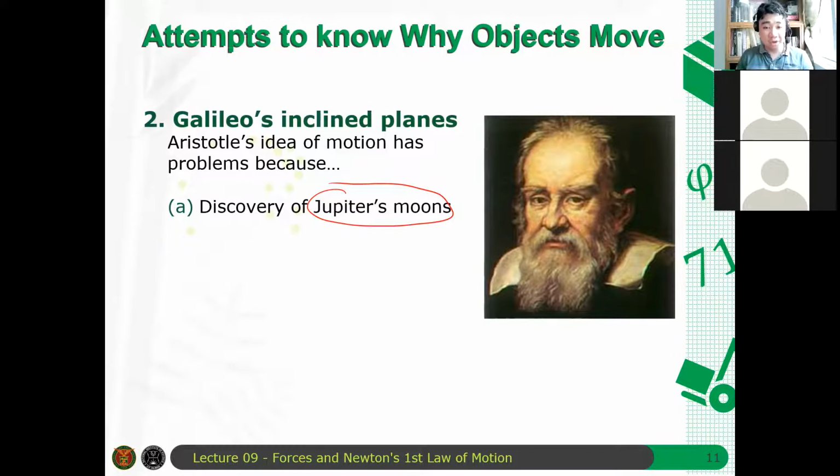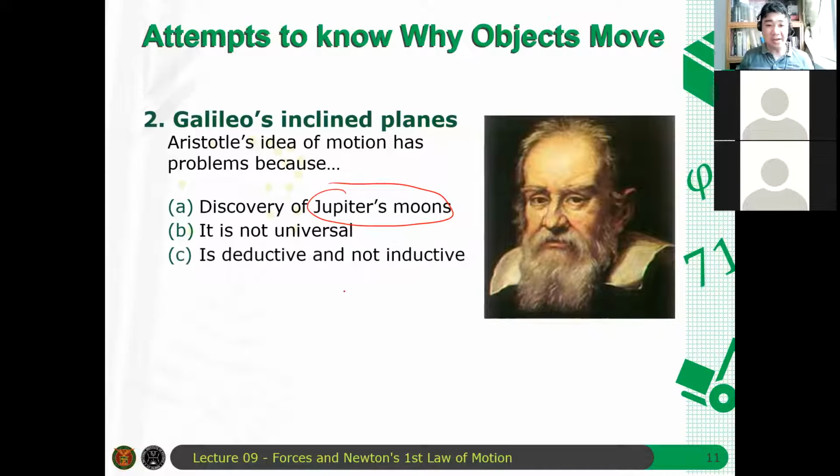Pero apparently, Jupiter's moons, hindi siya nag-follow ng ganong idea. Okay? Now, for second, it's not universal. As I said, iba yung dynamics ng objects sa Earth, iba yung dynamics sa mga nasa celestial domain or ng mga planets, stars, and galaxies. Wala pang galaxy nung time na yun. Planets and stars and the sun. Okay? And then, the third idea is that